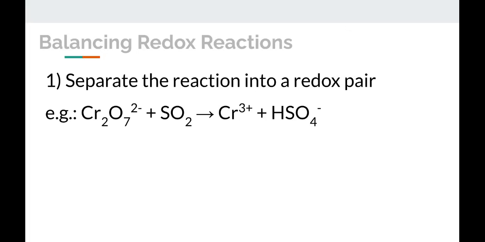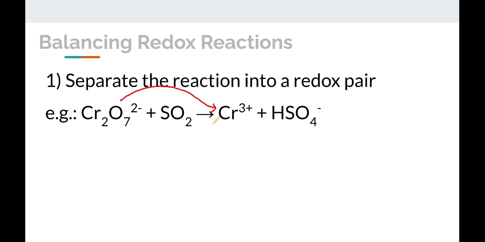Balancing redox reactions requires a kind of a technique. For one thing, we're going to often get net ionic equations that don't include everything that we need in the reaction. And it's a little bit trickier to keep track of not only atoms, but also electrons. So we'll follow this strategy. The first thing we're going to do is we're going to separate the reaction into a redox pair. Sometimes you need to assign oxidation numbers to tell what's being oxidized and what's being reduced. But sometimes it's pretty obvious. Like in this case,